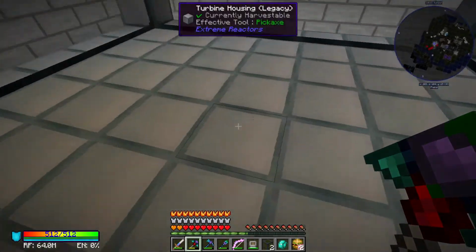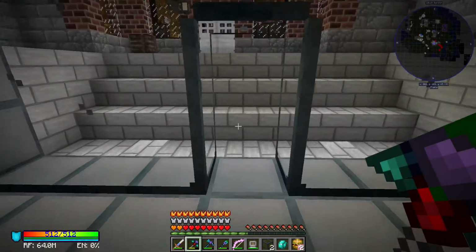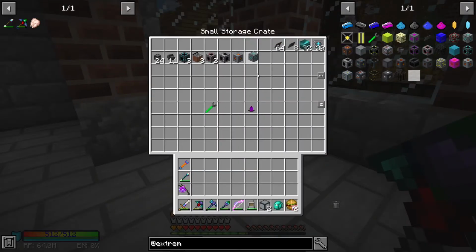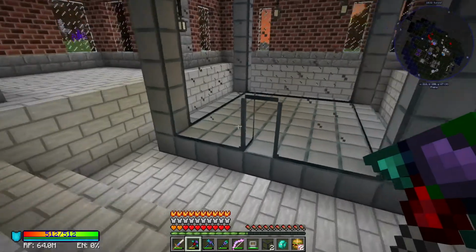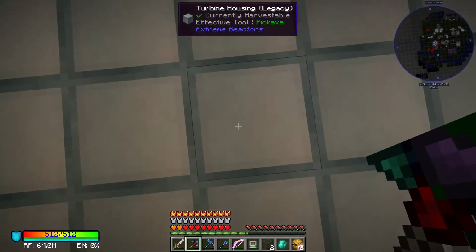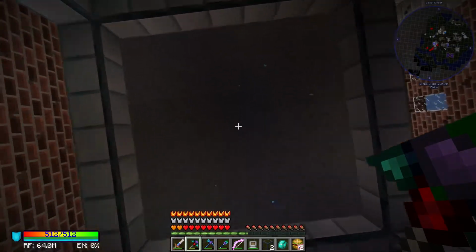So the very center of our turbine is right here underneath me. And what we want to do is put our rotor shaft in the ceiling on that block. In fact, I'm just going to get all of this stuff because we're going to need it. So here's our center block. So if I look straight up from here,